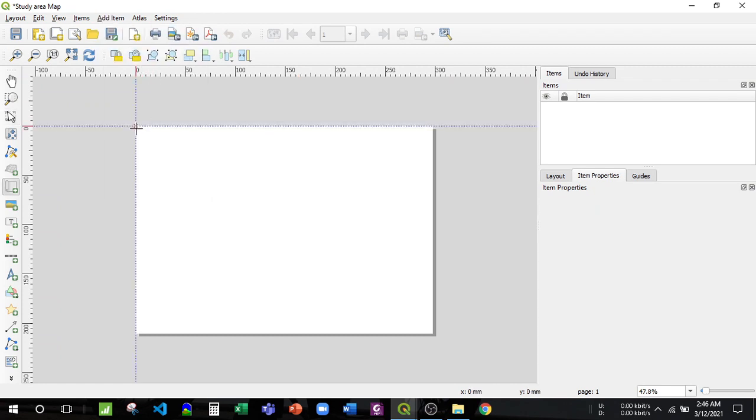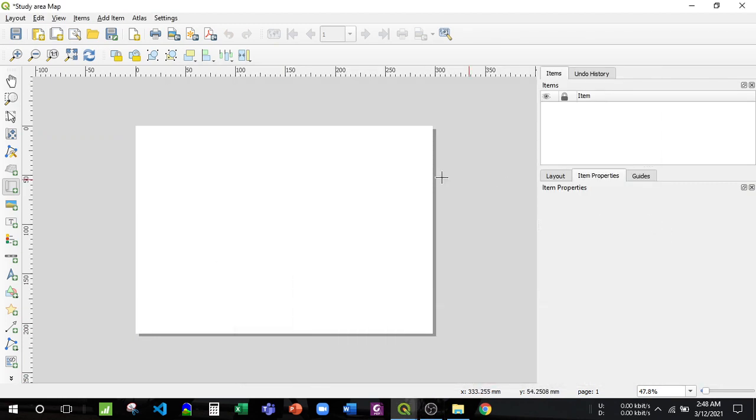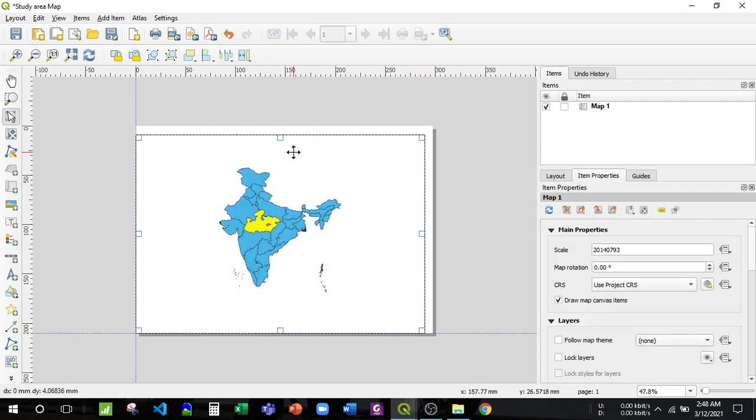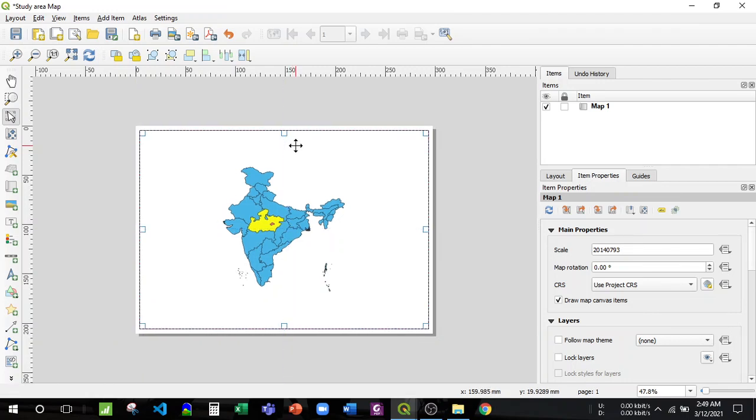Then I'll add that map over here. See, my map is pasted in this area.